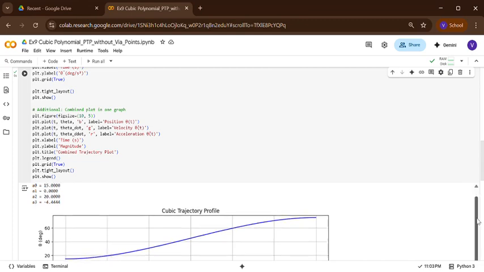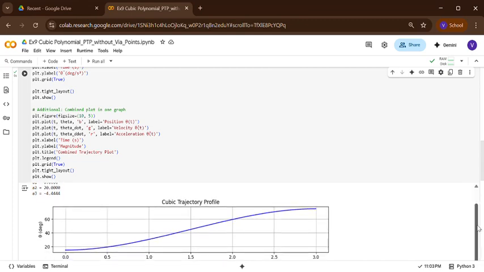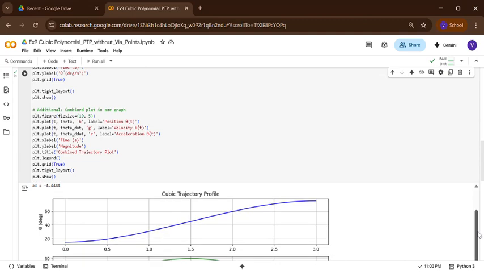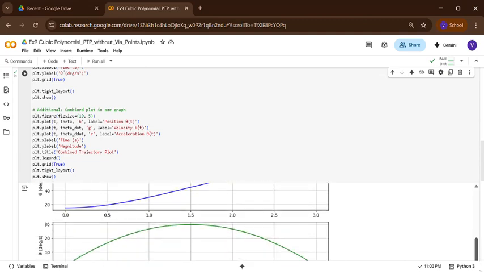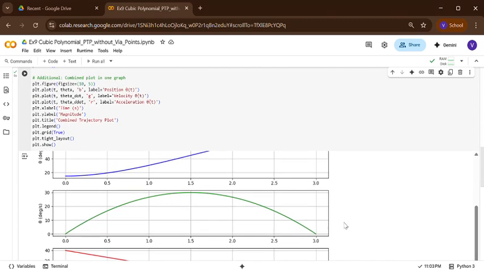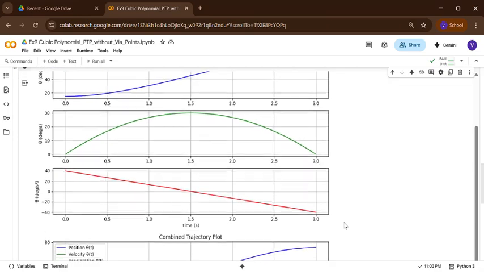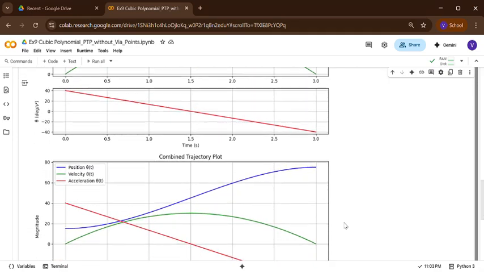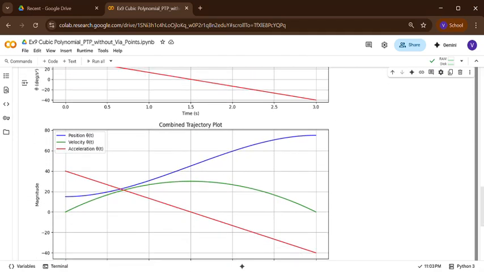So first thing is we are going to plot the profile separately. So this is the position, and then next one is the velocity profile. This is the velocity profile, and this is the acceleration, and then this is the combined plot. Okay, so from this what you can understand is, see, your position is increasing. Okay, and then your velocity starts from 0, initial velocity is 0, and final velocity is also 0, whereas your